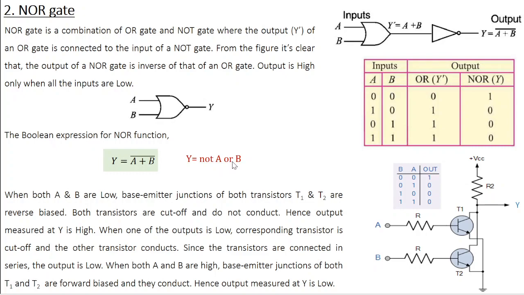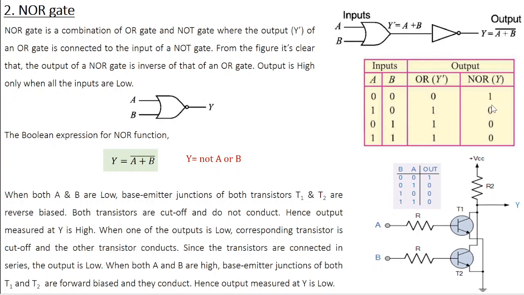Now let's draw the truth table. So first let's draw the truth table of the OR gate. When A and B are 0, 0, the output of the OR gate y prime equals 0, then 1, 1, 1. Now, what is the final output y? It's nothing but the inverse of y prime, right? So when y prime is 0, y equals 1, and 1 gives you 0, 1 gives you 0, 1 gives you 0. Now you look at the inputs A and B and the final output y. 0, 0, 1; 0, 1, 0; 1, 0, 0; 1, 1, 0.